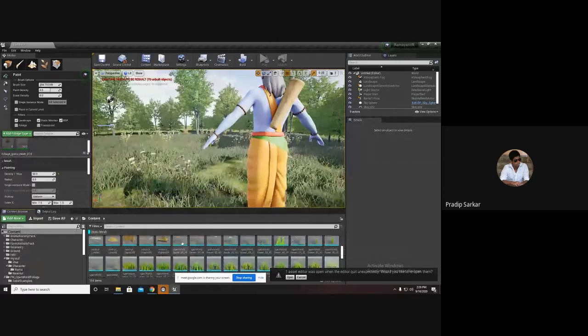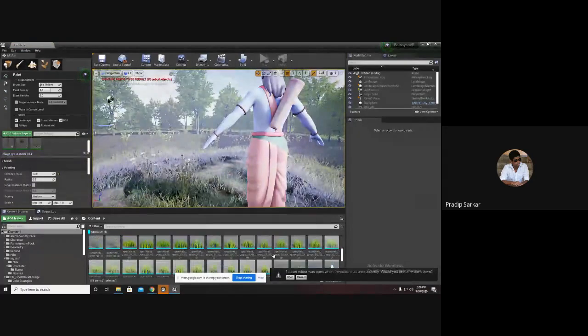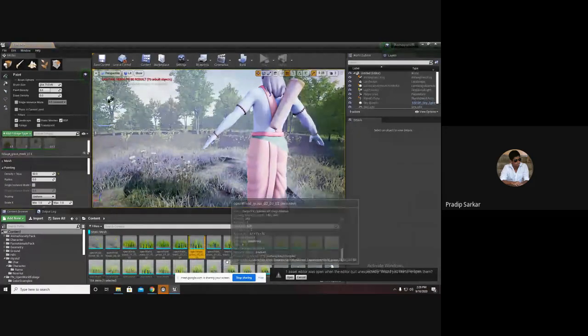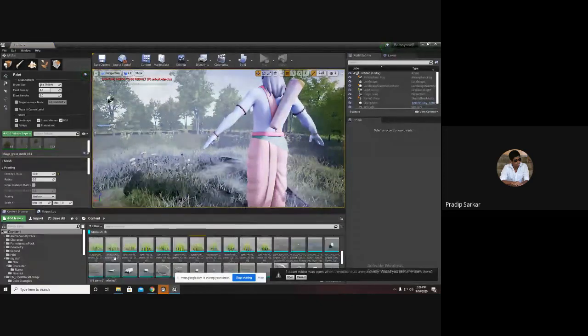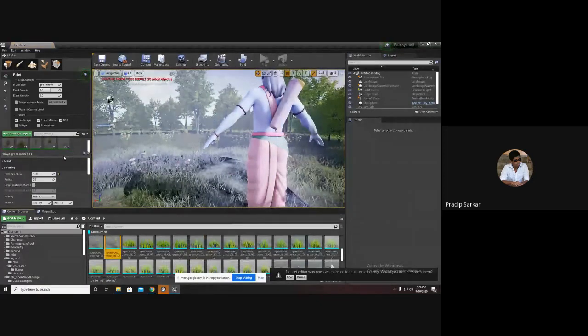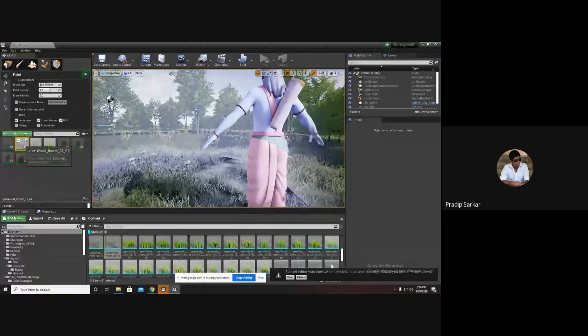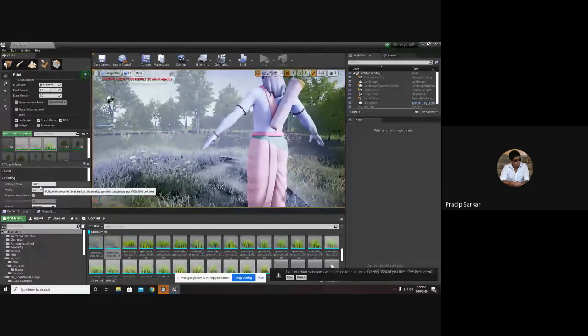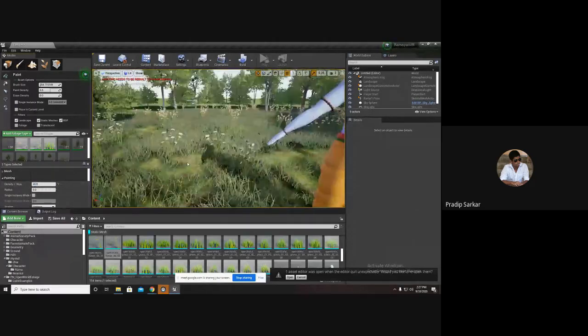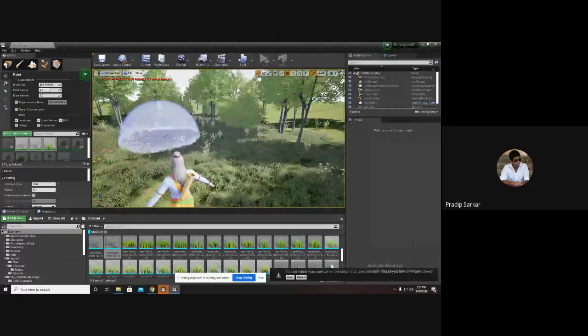Next, I'll get a few more poly edges for some variations. For all these, I will give a density. For each and every foliage, I have to set some densities.